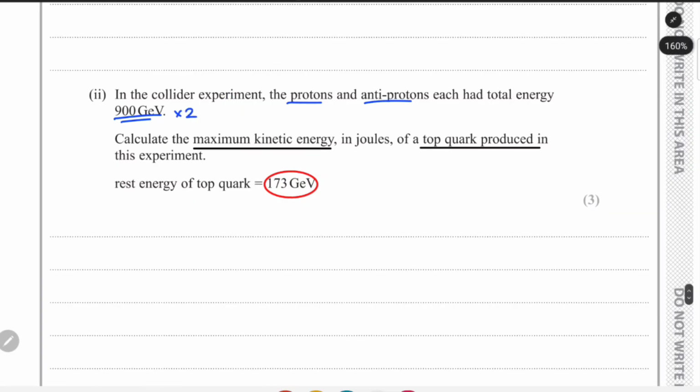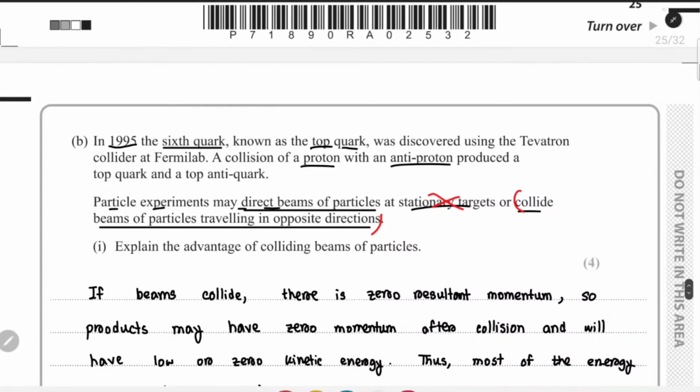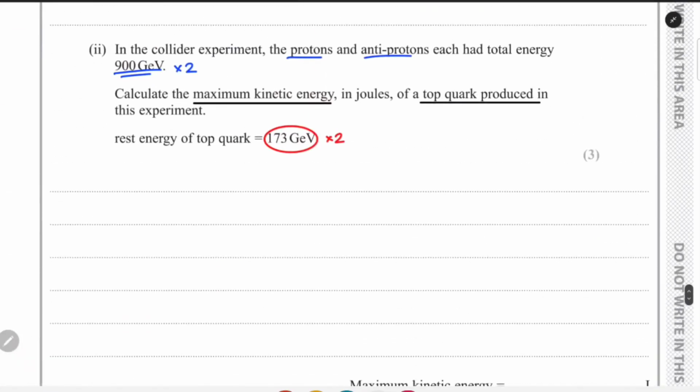However, the rest energy of the top quark will also be doubled in this case, because when a proton and antiproton collide, we produce a top quark and a top antiquark as well. Both of them have the same mass. So the kinetic energy, or max K in this case, is 900 times 2 minus 173 times 2, divided by 2. Basically 900 minus 173 giga electron volts,